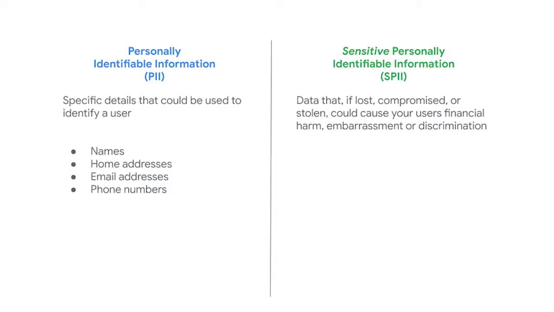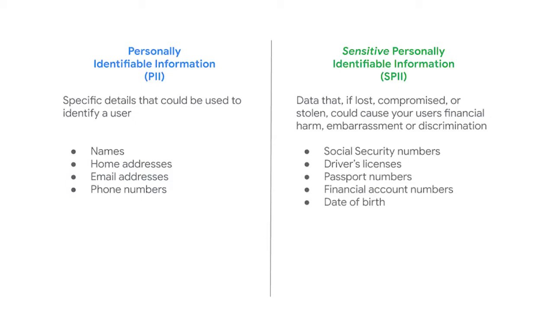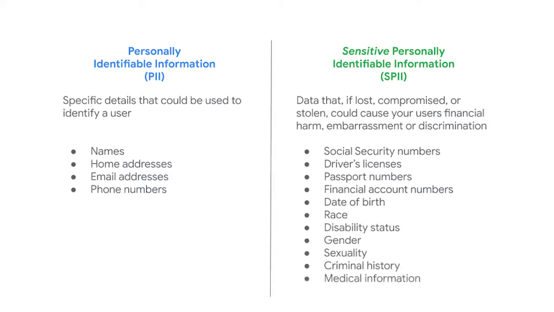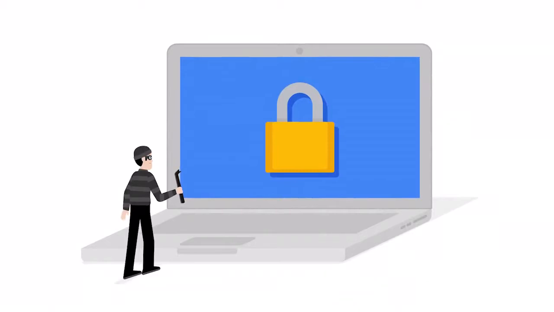SPII is data that, if lost, compromised, or stolen, could cause your users financial harm or embarrassment, or potentially lead to their being discriminated against. This includes social security numbers, driver's license numbers, passport numbers, financial account numbers, date of birth, race, disability status, gender, sexuality, criminal history, and medical information. I bet you can imagine how these pieces of data could cause someone harm if they got into the wrong